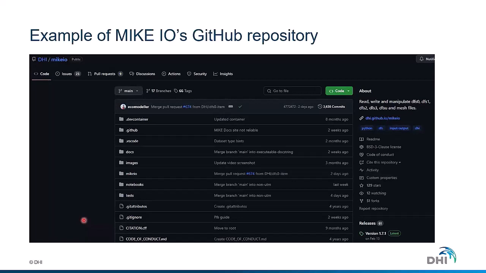If you go to GitHub and you find one of our packages, it will look something like this. Here, it's an example of the Mike.io package. You'll see the name up here. We're in the code tab, so you see a file structure with all of the code. There's always a folder called notebooks, and that's where you go to find the notebook examples. There's also this issue tab that I mentioned and a discussion tab. A link to documentation that you can read. And if you were to scroll down a little bit, then you would find the quick getting started guide.